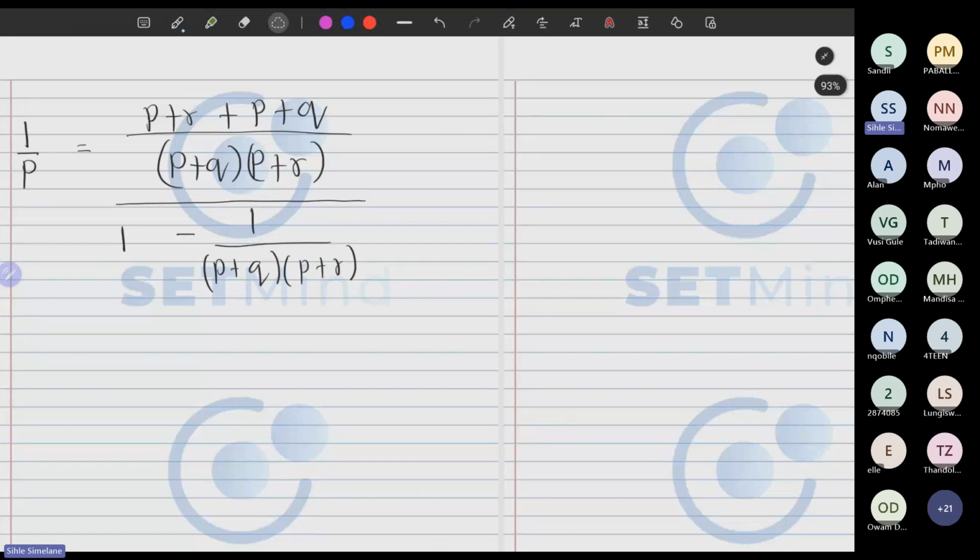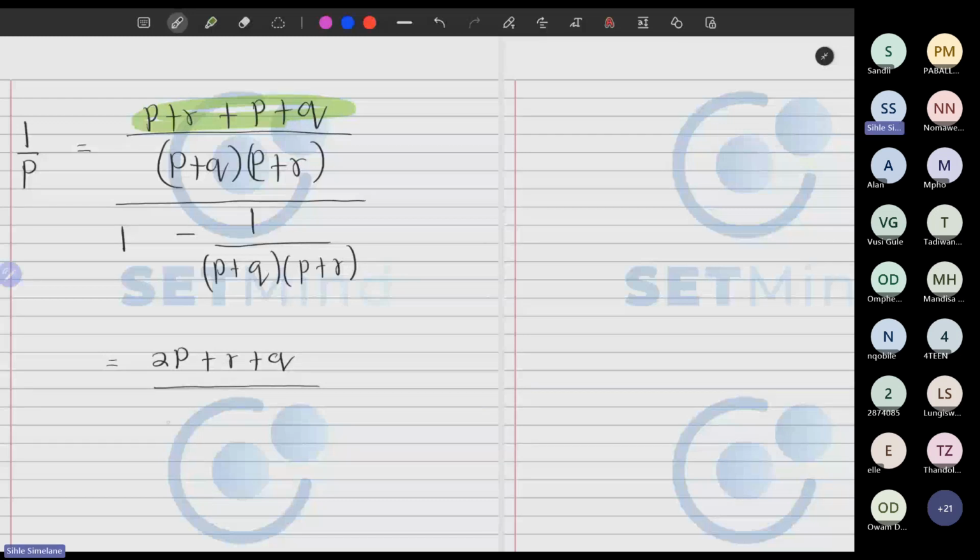If we look at the numerator, the top, you have 2P's. So we'll have 2P plus that R plus that Q. The denominator there,